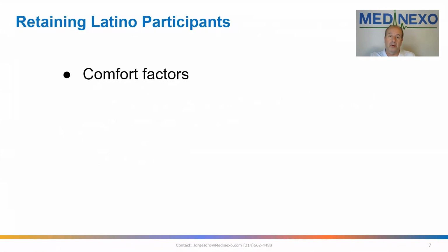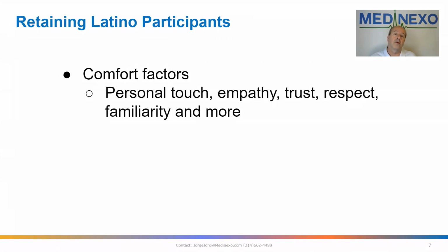Latinos are warm people in general. They're very family oriented. They're very much about communities. So their comfort relies a lot on the personal touch, on the fact that there's empathy. If they are Latinos participating in a clinical trial because of a condition or because they fit your criteria in a certain way, the empathy is very important. Trust is absolutely